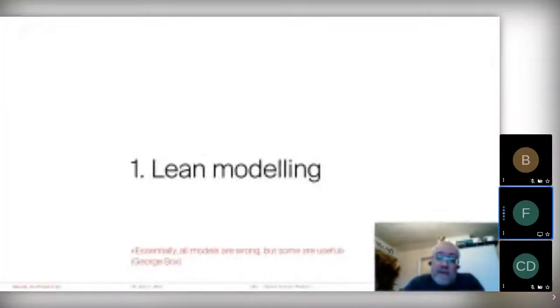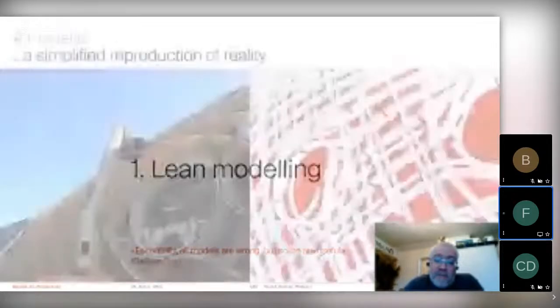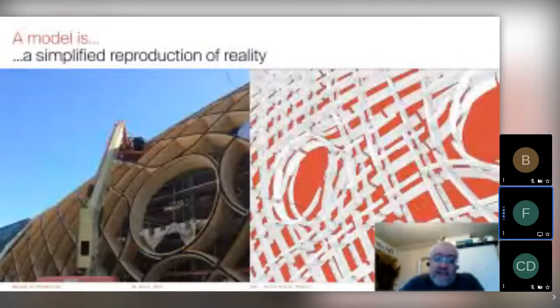And the first thing that I would sort of come up with is the term of lean modeling. Essentially, all models are wrong, but some are useful, is a quote by George Box. And the idea behind that is, what is a model? A model is a simplified reproduction of reality. That means whenever we find reality to be too complex to actually handle or grasp, we start building models to test hypotheses, to document what we've been thinking of in the planning stage or whatever. A model is always simplified,